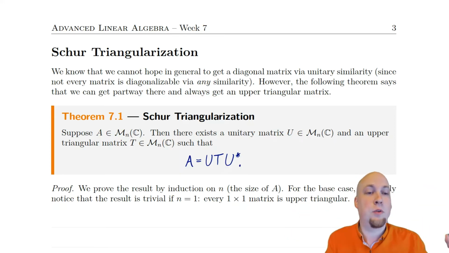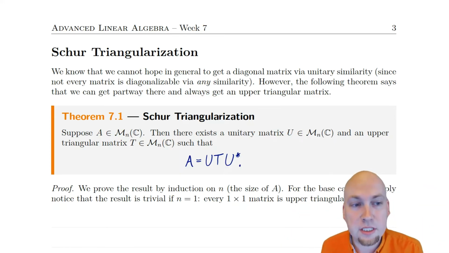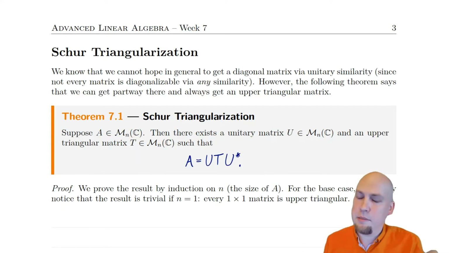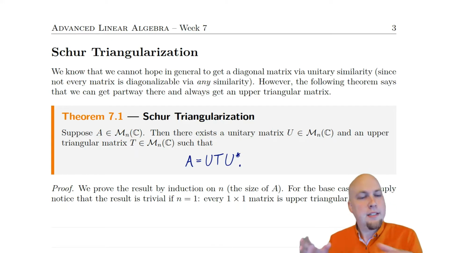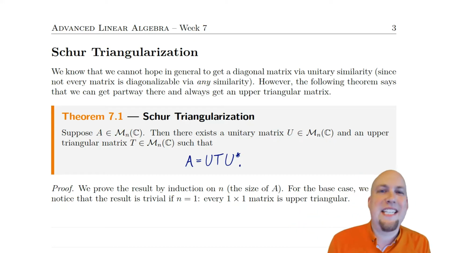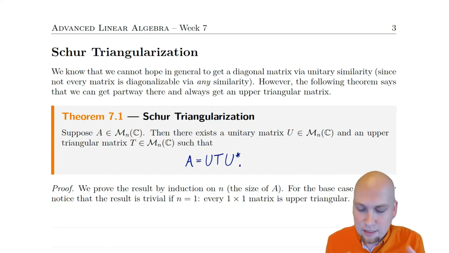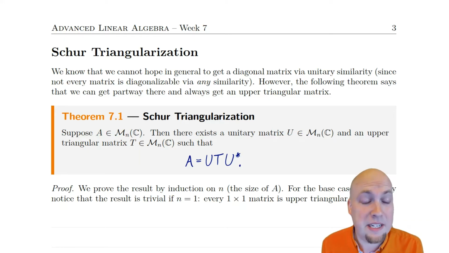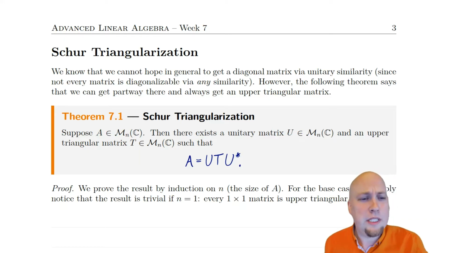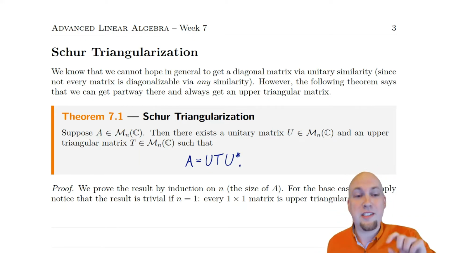We can transform A into an upper triangular matrix via unitary similarity transformation. Let's think about this a little bit before we prove it. We would like to get things all the way to diagonal if we could, because diagonal matrices are the simplest matrices that exist. But of course, if we're only looking at unitary similarity transformations, that's not possible, because it's not even possible via